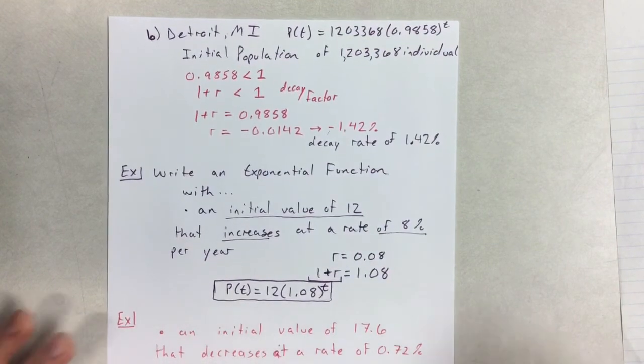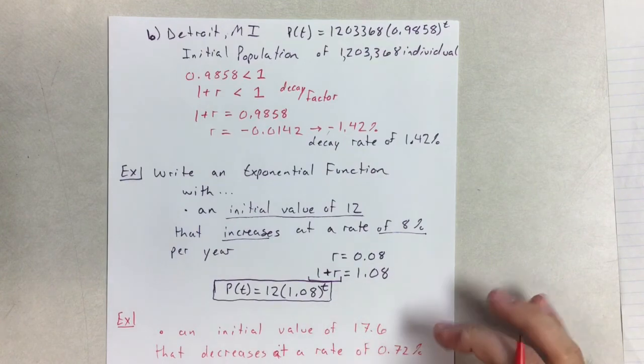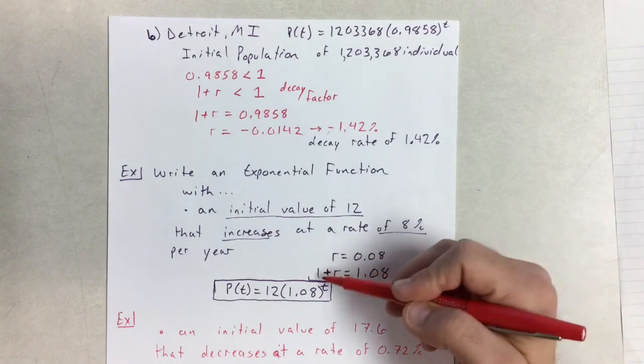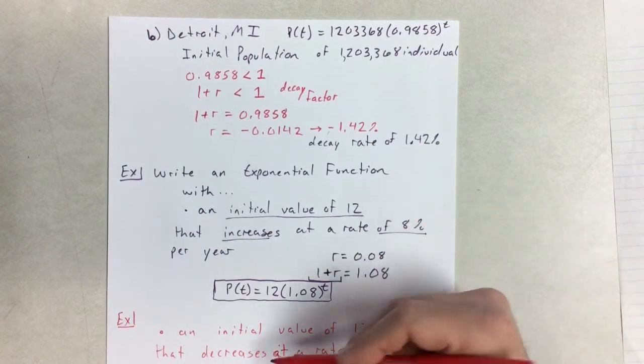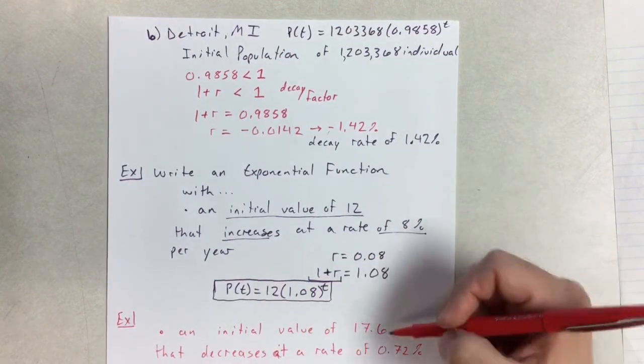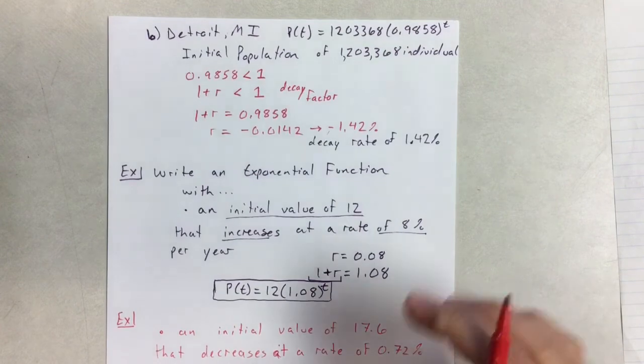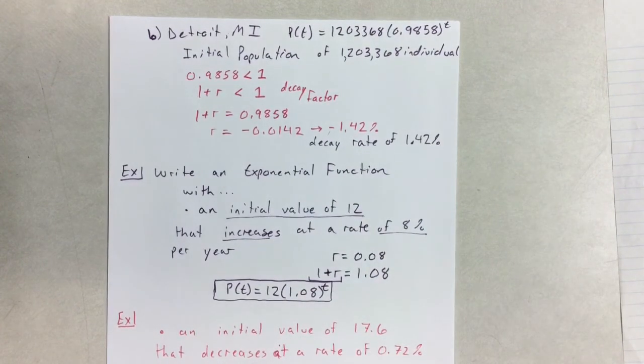So before starting the next video, I would like for you to write the equation for this situation, but remember, before we find 1 plus r, or in this case maybe 1 minus r, we have to convert our percent to a decimal. So if you have any questions on this part of the video, please post them in the